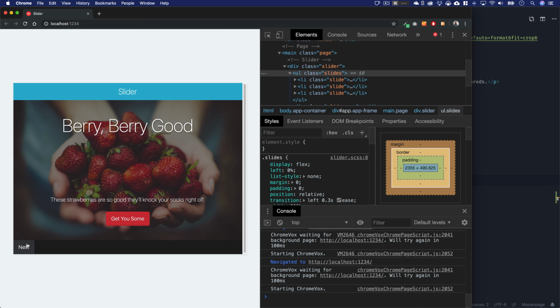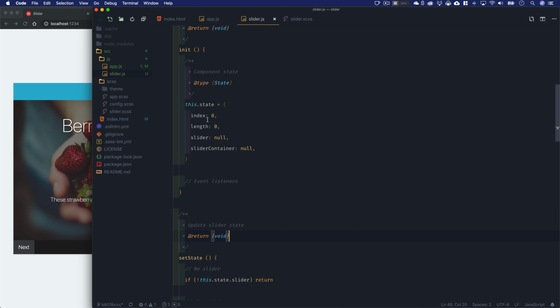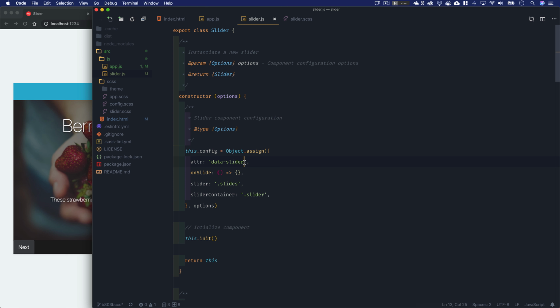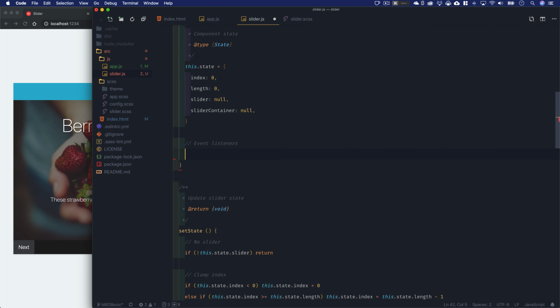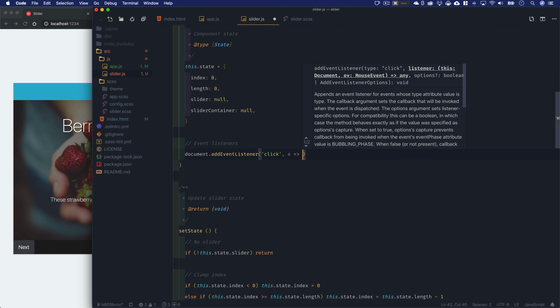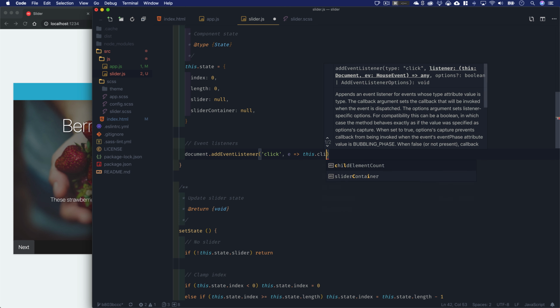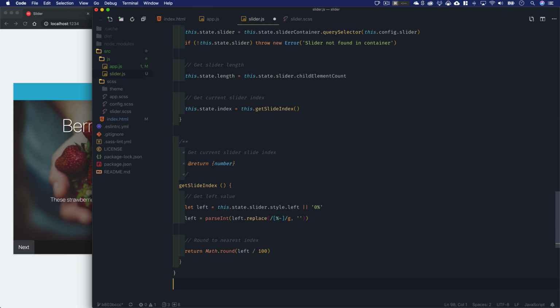So we created a button, and it shows up down here. As you can see, we have this next button that currently doesn't do anything. And now that we have a data-slider-next in here, that's just based on our config attribute data-slider. So I'll just add -next onto the end of whatever that is. We can do that with a template string. But basically now that we have a button, we can add an event listener, and it's going to be so much easier to work with this. So let me just show you. We do document.addEventListener, click, and then capture the event and pass it to this.click. So if we go down to the bottom of our class, now that we have this global event listener,